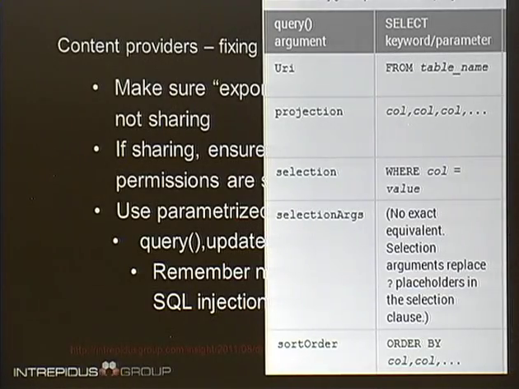This little diagram is taken from the Android developers website, from the Google reference. It shows how the query arguments, which are used to pull data from the content provider, map to the SQL statements, or just SQL operators and keywords. Most of the time, what you need to do with SQL you could also do with content provider methods such as the query method. So use that.